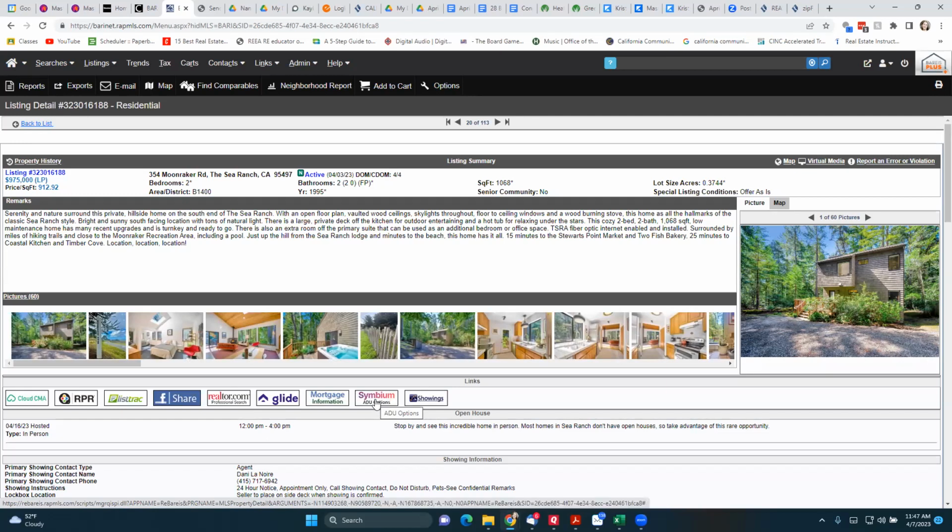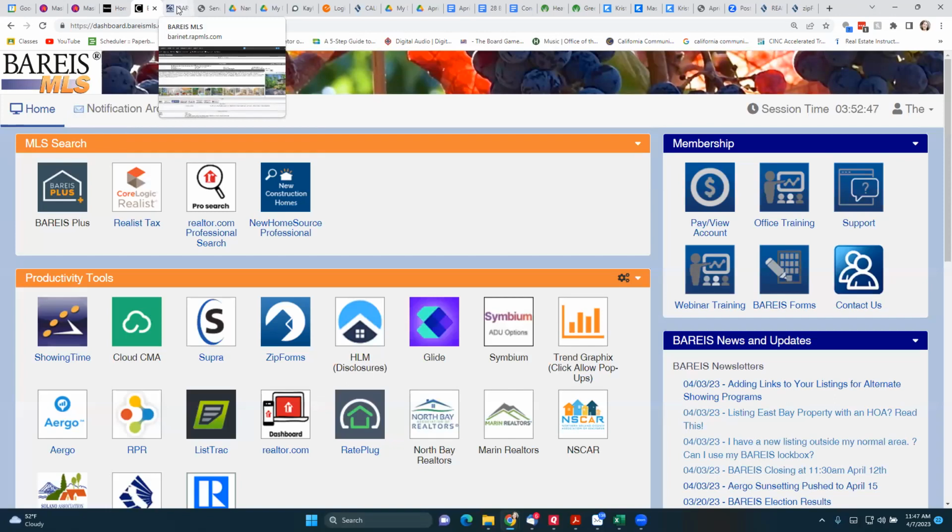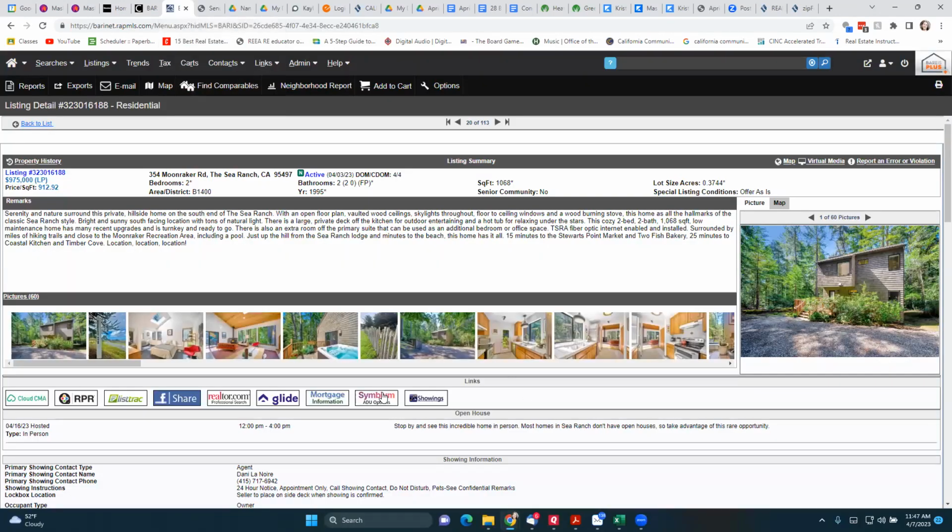So if you have a client who says, I have to have a property that I can build an ADU on, you might go from the property into Symbium, or you can access it from this page here. So let's go ahead and look at Symbium.